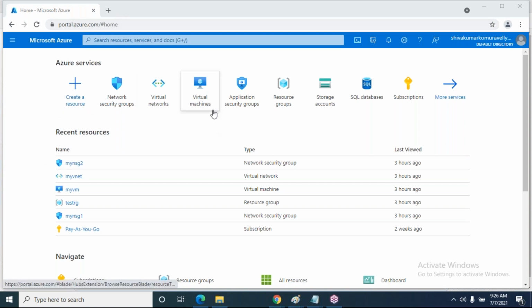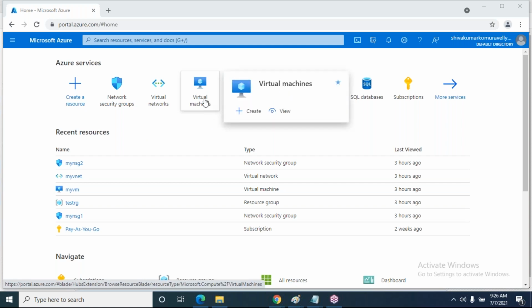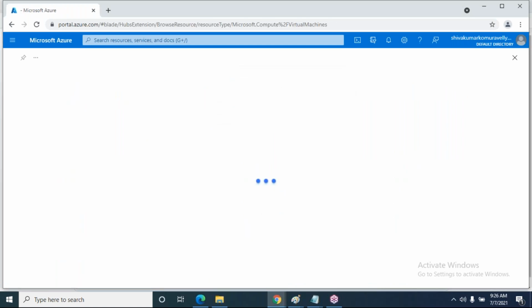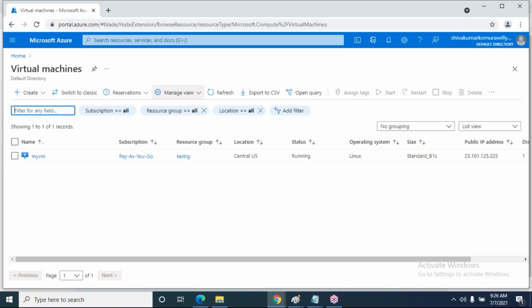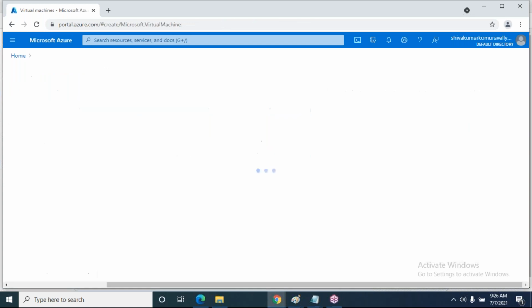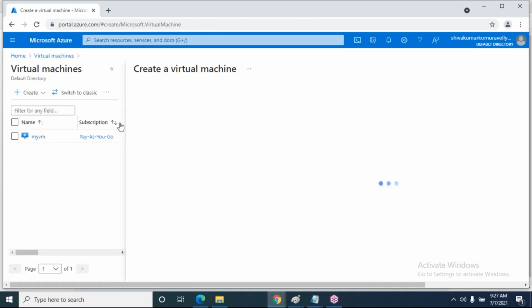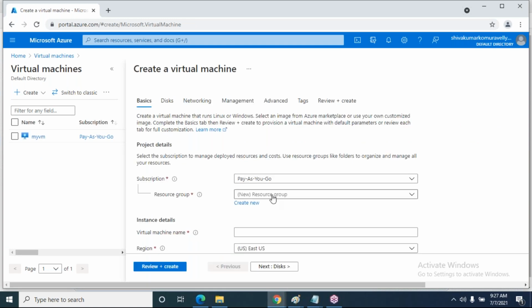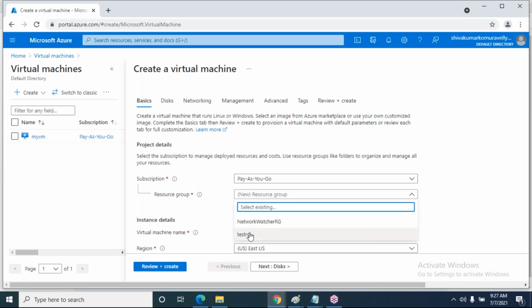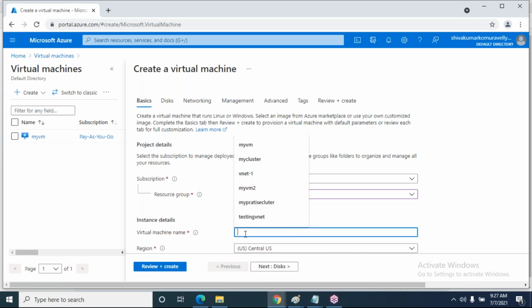To create a virtual machine, just select this option, click on virtual machines, click on create virtual machine. We already have one resource group, that is test.rg.